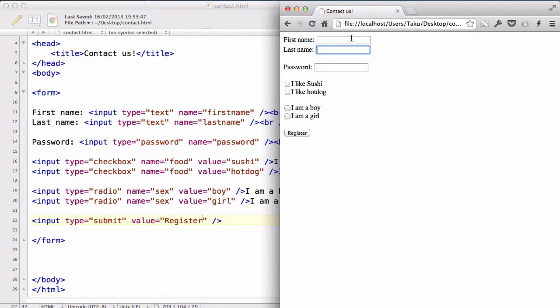Say for example, if you're making a form for registering members into your forum, you obviously need a first name and a password. So if they haven't written it, and click register, it will check whether they have written or not, and if they haven't,